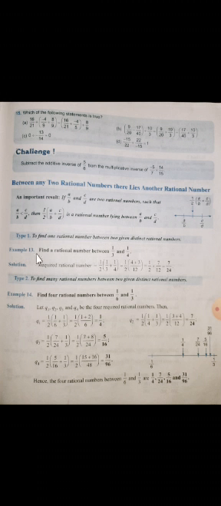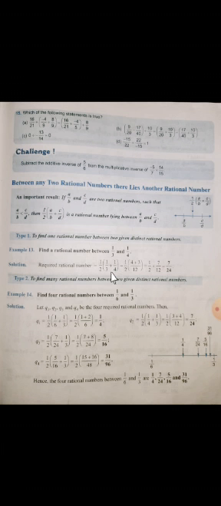Suppose here, example number 13, find a rational number between 1 by 3 and 1 by 4. We have to insert only one rational number in between 1 by 3 and 1 by 4. How to do it? Use this formula, half into a by b plus c by d. This is a by b and this is c by d. So first we have to add them and we have to multiply them with half. So same they have done here, half into 1 by 3 plus 1 by 4.